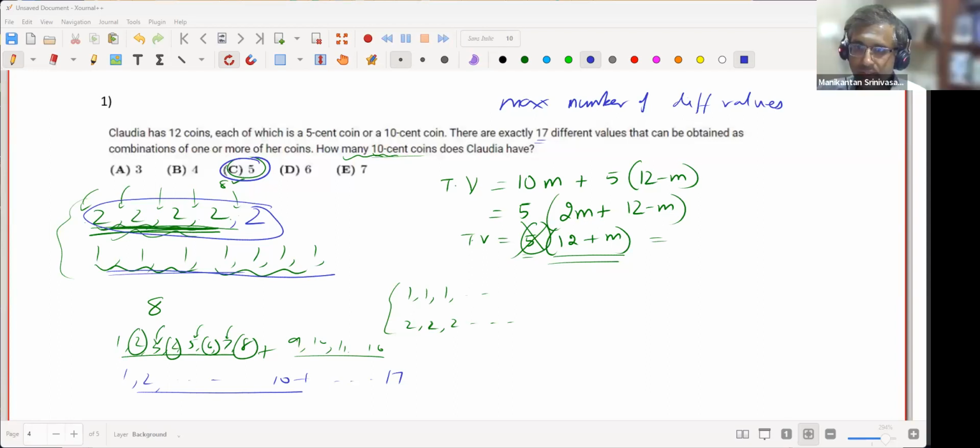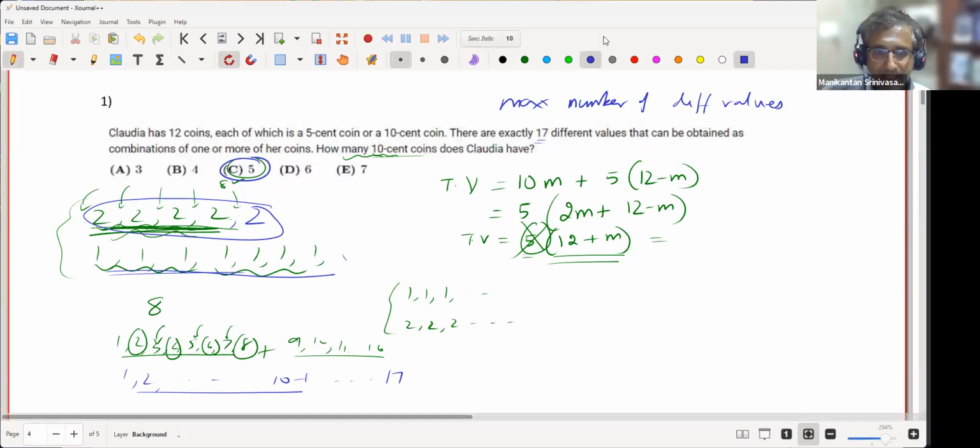Anyone who's done it, you can raise your hand or call it out. Yeah, Harya, go ahead. I got 23. And that will correspond to m equal to 11. Exactly. Yes. So if I have 11 of these